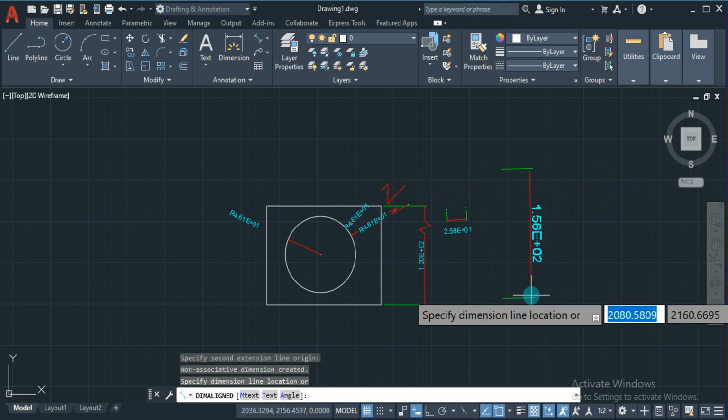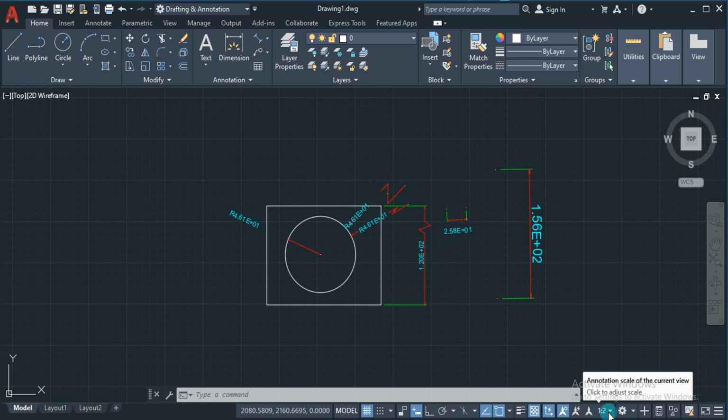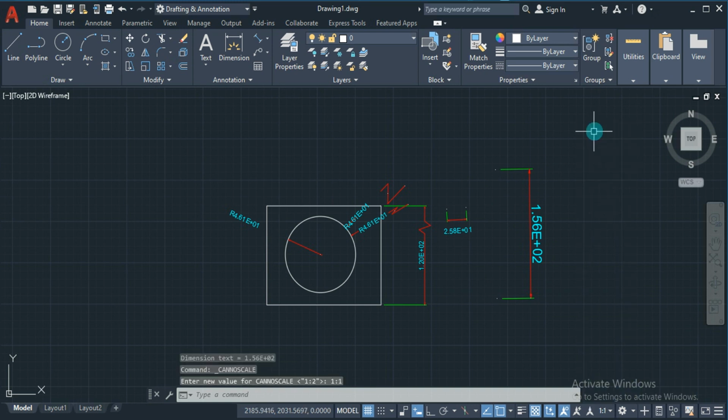You can see some difference here. The spacing has been increased, arrow sizes have increased, and the text size has increased. Like this, if you want to increase dimension features like arrow sizes, text sizes and the gaps between them, we can increase them using this ratio. Right now I set it to 1:1 again.